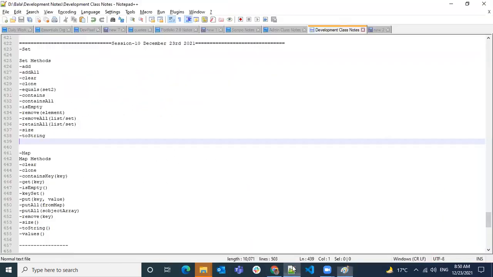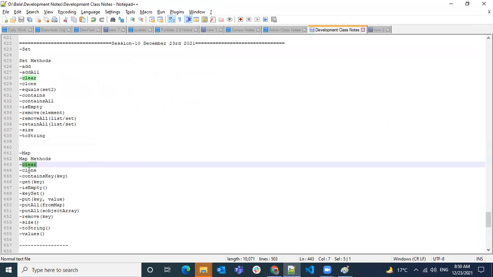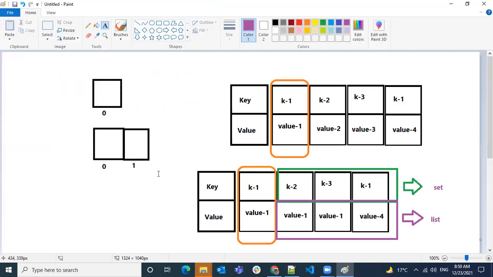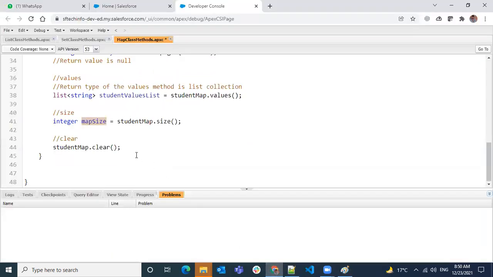And then what else do we have? Clear, and we have clone. Similarly, clone works exactly the same as with list and set. If you have one more map and you want to copy all data from one map to another map, you can use clone.